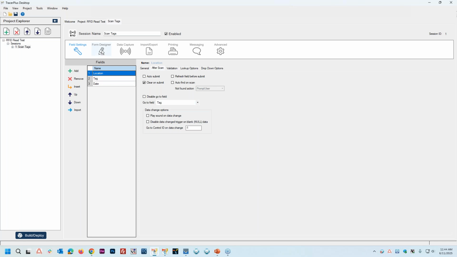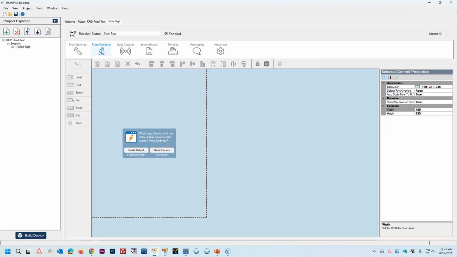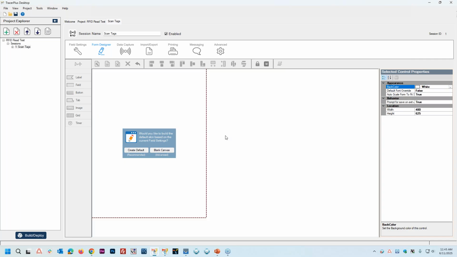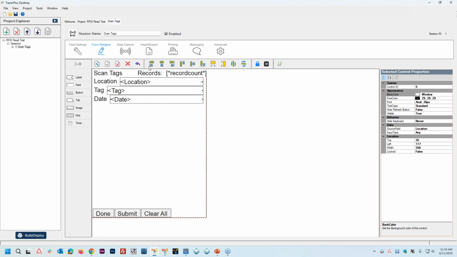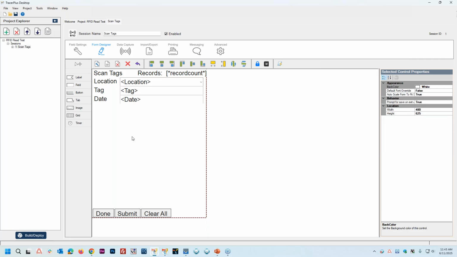All right, the next thing we want to do is jump over to the form designer. I'll just create a default form. I'll just select the background as white, create default. If I wanted to quickly, I can line these fields up by using our form alignment controls up top. And in order to mass read